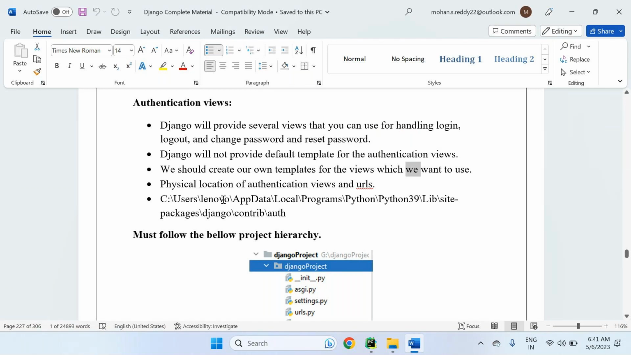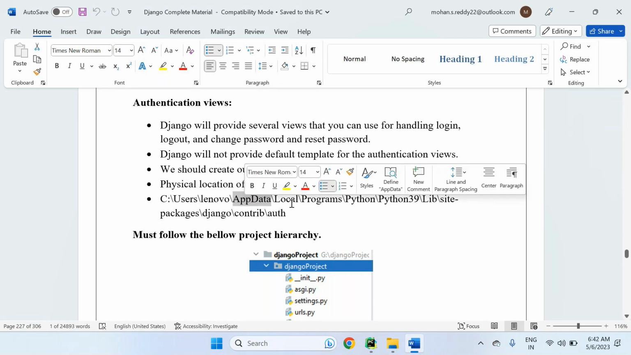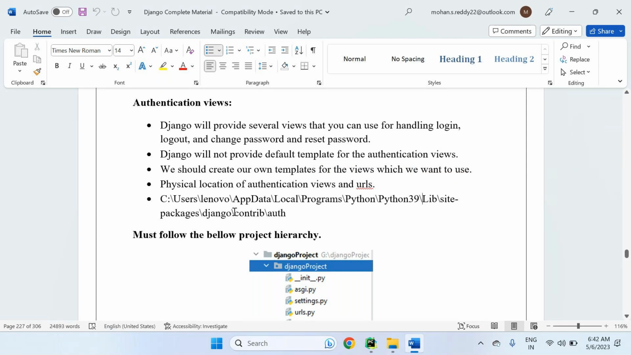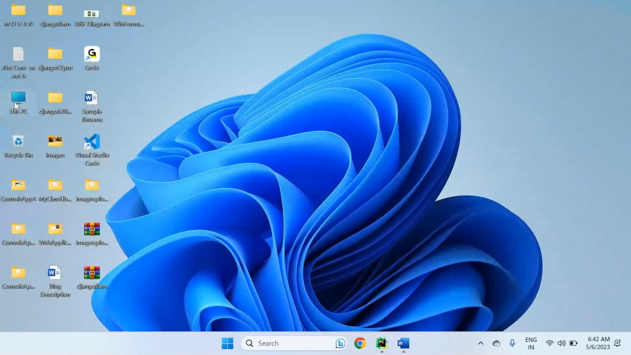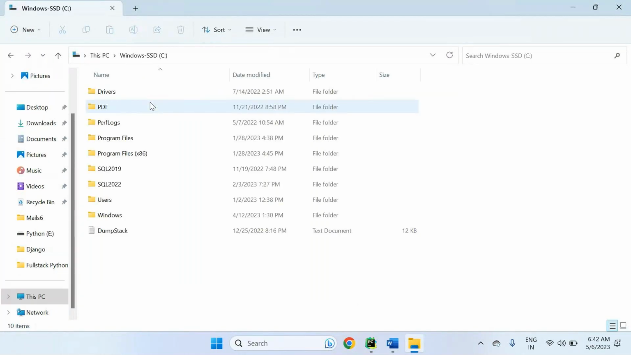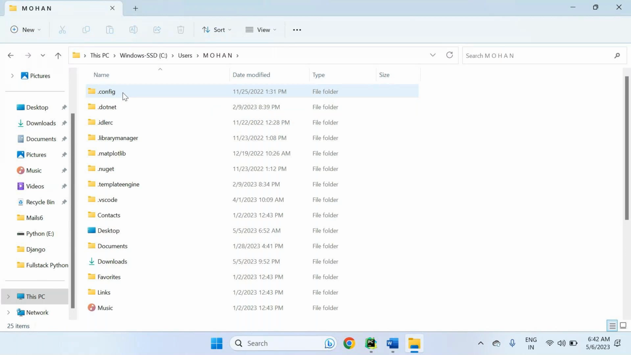You know the physical location of authentication views and URLs: the users folder, C drive, Lenovo, AppData, Local, Programs, Python, 39, lib, site-packages, Django, contrib, auth. So authentication is there. Let me show you once again. Let's go to C drive, users. This is my computer name. After that,